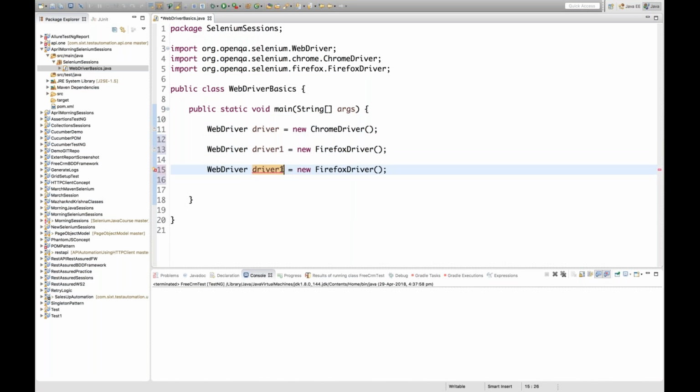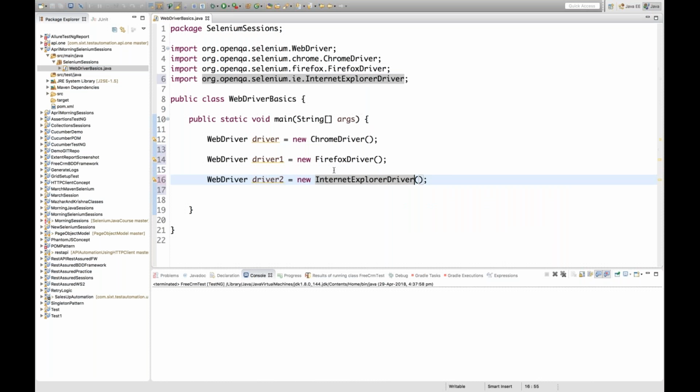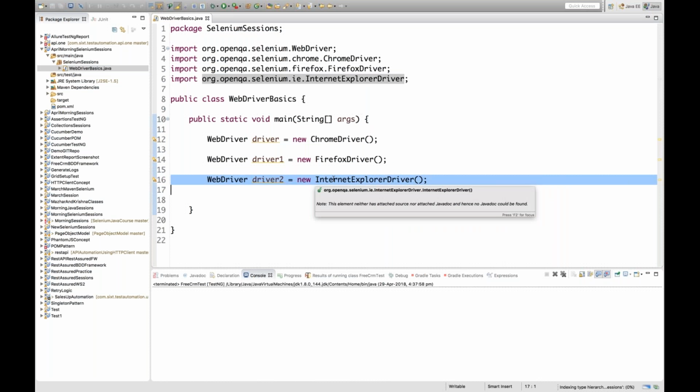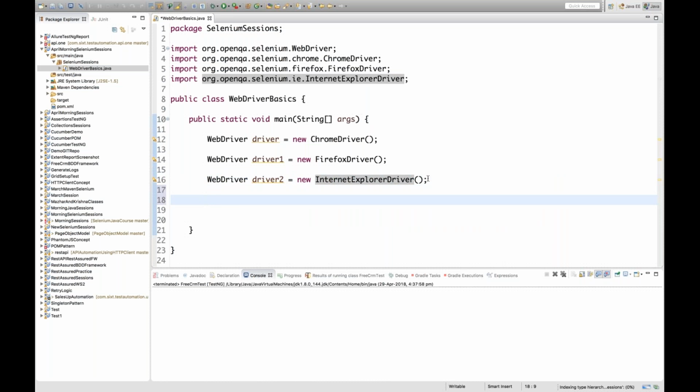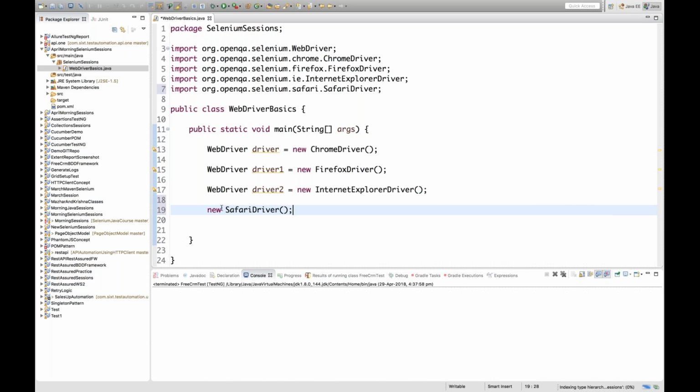A driver2 and Internet Explorer driver. If you want to create for Safari driver, you can do it for Safari driver also. New Safari driver, which is referred by